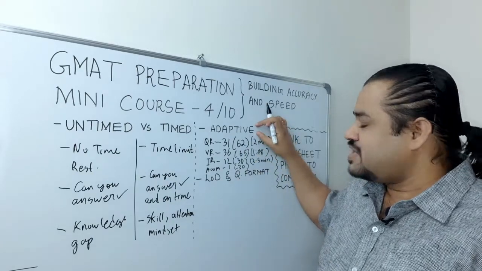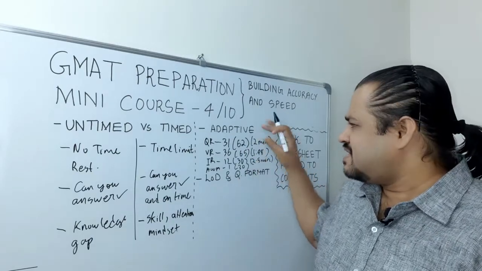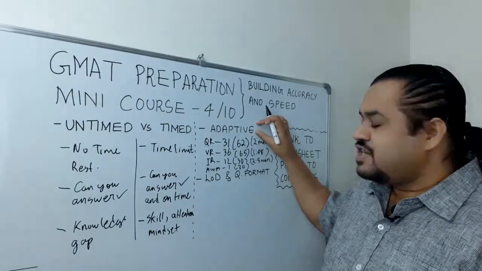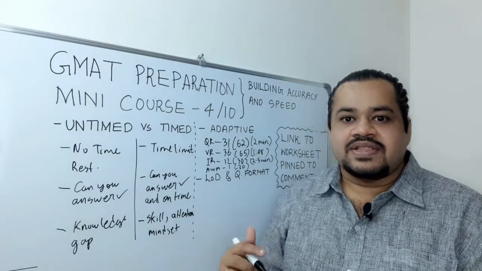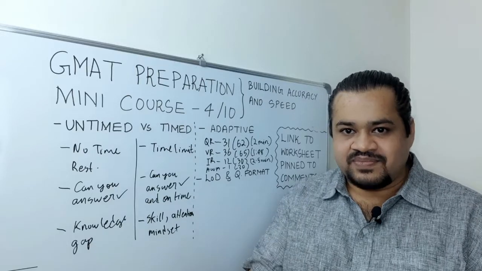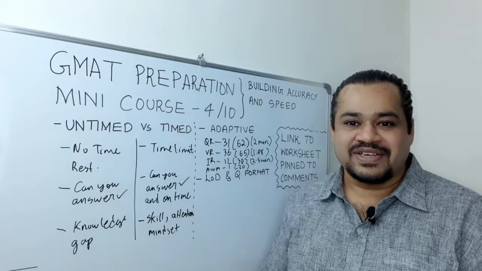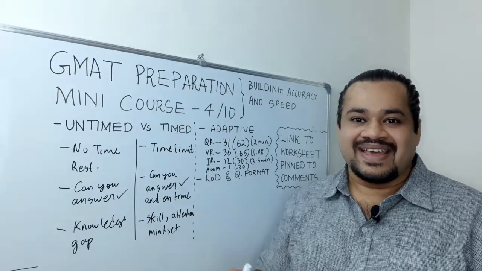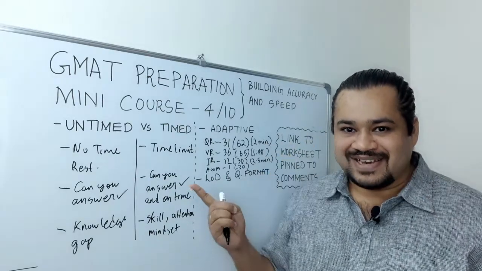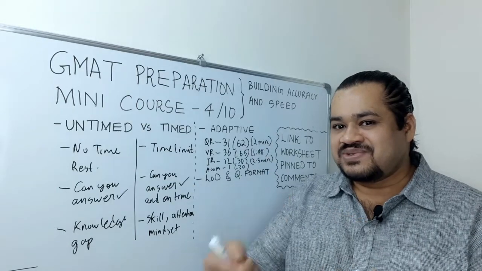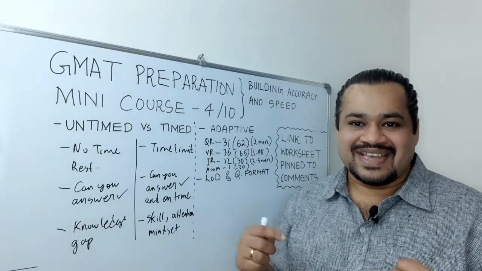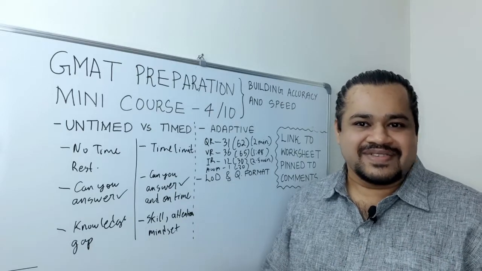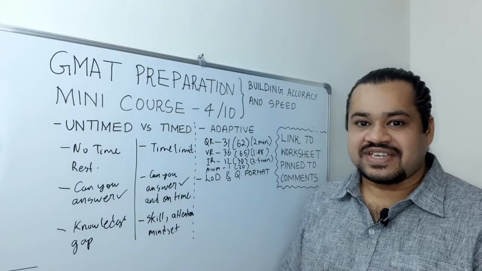In case you don't know what an adaptive test is, let me tell you a little about how adaptive tests work. The thing about an adaptive test is the test tries to guess what is your ability or skill level. This is kind of like the 20 questions game, where you think about a famous personality and the other person asks you 20 questions to try and guess who that personality is. GMAT algorithm in the same way is trying to guess what is your skill level.